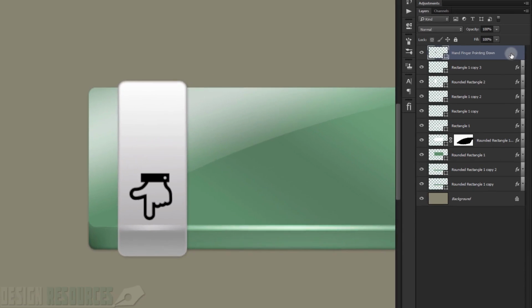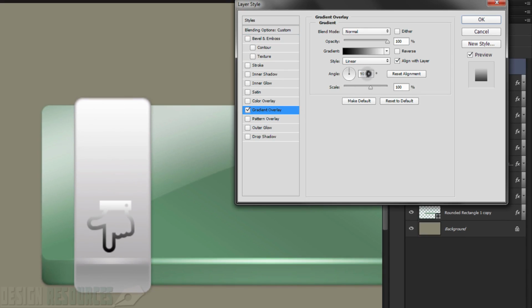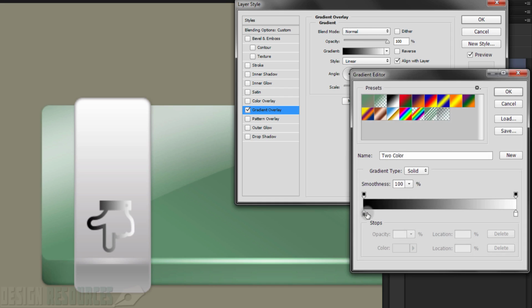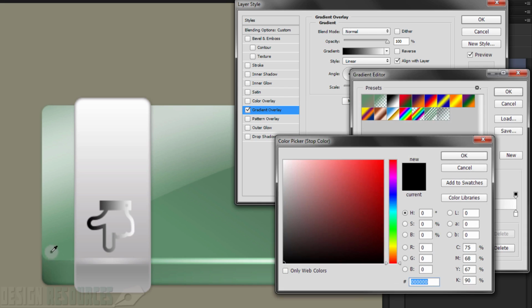now we just double click on it, and I will set fill opacity to 0 again, and I will go to the gradient overlay, and I will set the angle to 0, and I will go to the gradient, so I will change the color of this black in here. I will put this green, so it will match it, and the white in here I will put this green in here, make it darker a little bit, and I'll press OK,